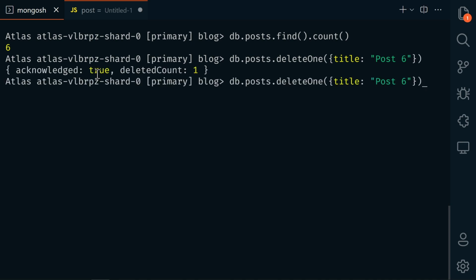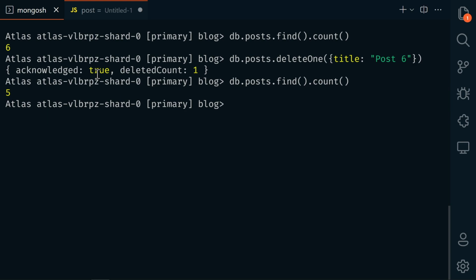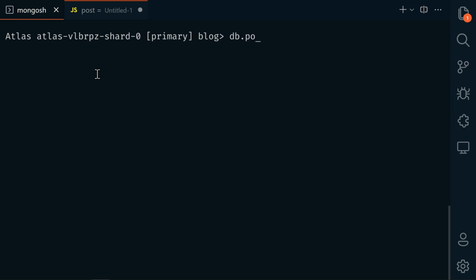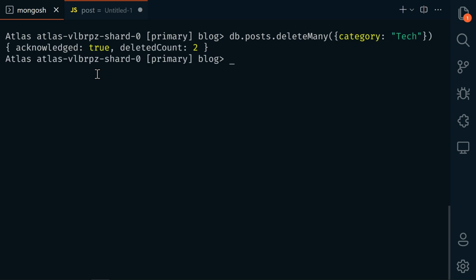Let's do a count again. Now we only have 5. So post 6 was deleted. Now to delete everything in the collection, we could do db.post.deleteMany and pass in an empty object, but I don't want to do that. So I'm going to put in here category of tech,